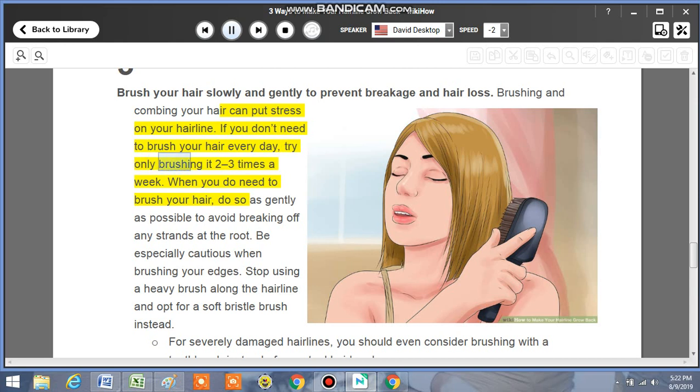The sheer weight of having hair that's longer than 8-10 inches, 20-25 cm, can cause hair loss. Long hair is heavy, and it can sometimes pull the root of hairs along your hairline out of their follicles. Cutting your hair so that it's shorter than 3-4 inches,